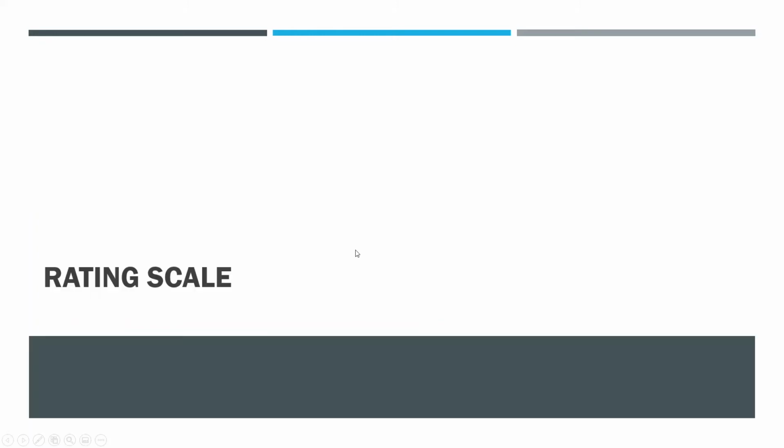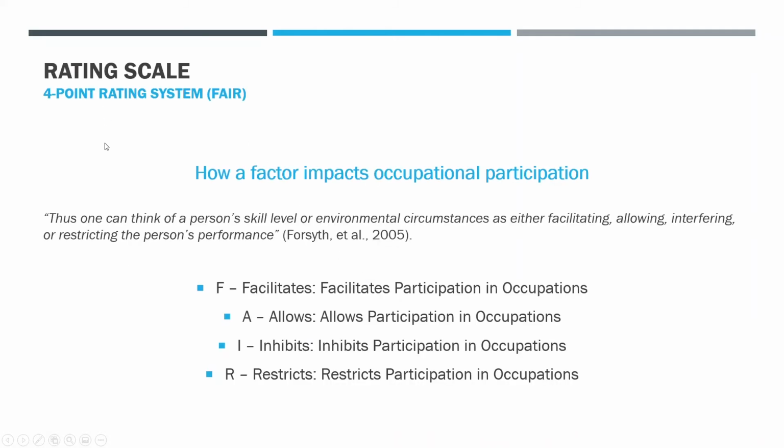So we're going to take a look at the rating scale itself. Very exciting. So the rating scale, 4-point Likert rating scale, or rating system as they say in the manual, and it's based off FAIR, F-A-I-R. As you can see down here, FAIR stands for facilitates, allows, inhibits, and restricts. And so based off what the manual says, it's how a factor impacts occupational participation. Thus, one can think of a person's skill level or environmental circumstances as either facilitating, allowing, interfering, or restricting the